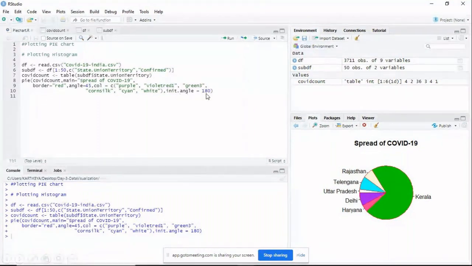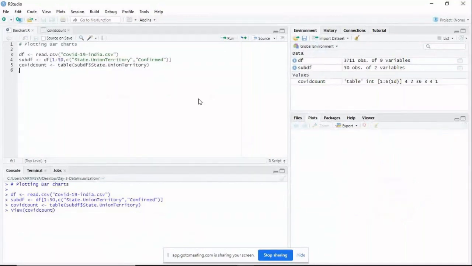Then it will flip the pie chart 180 degrees. Now we are moving from pie chart to bar charts.